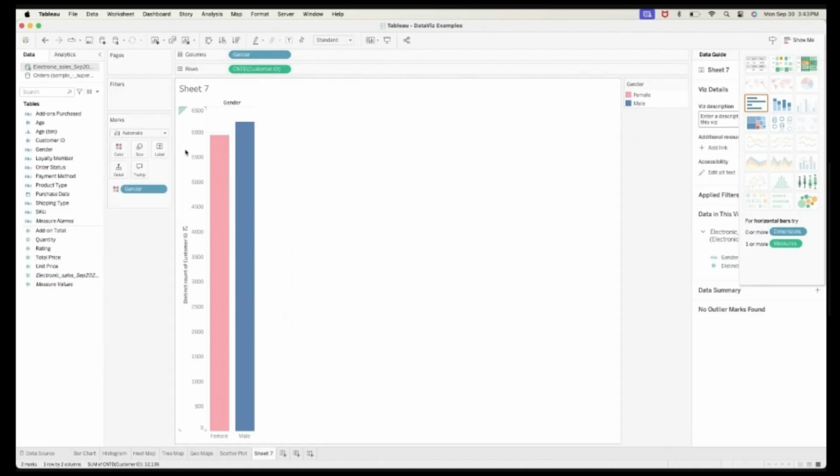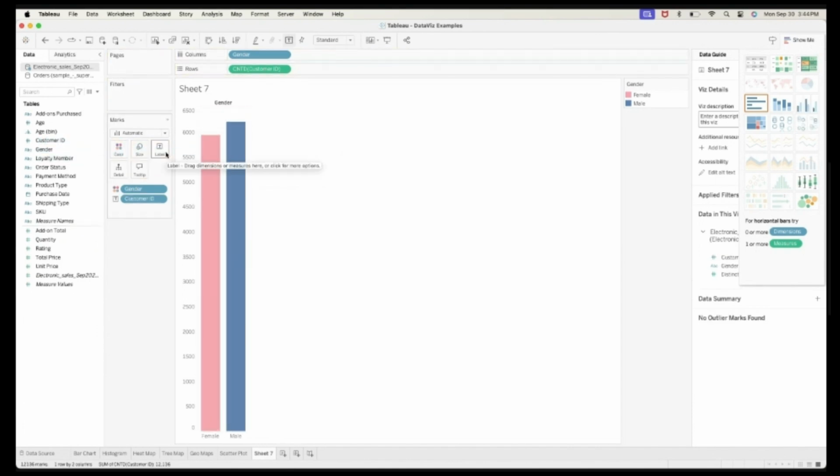Okay. All right. How about, I don't want to do an estimate here. I would want to see it at a glance, the number of male and female customers. So what shall I do? I can just go to here and put in the labels. Okay.